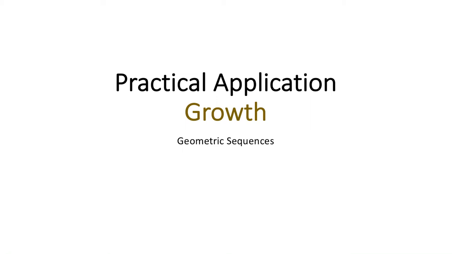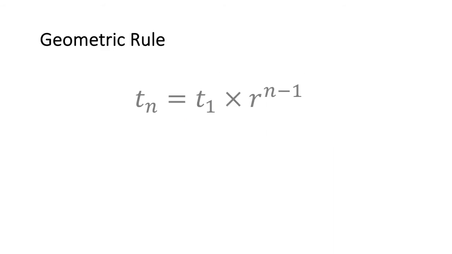This video is going to have a look at how we apply a practical application of a geometric sequence to a scenario that involves exponential growth. The general geometric rule that we use for practical application scenarios is Tn = T1 × r^(n−1), with T1 being the first term, the starting term, and